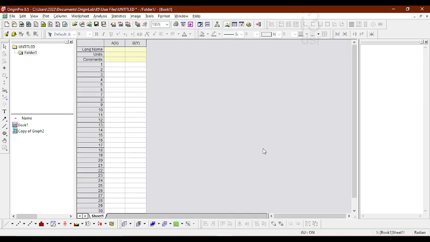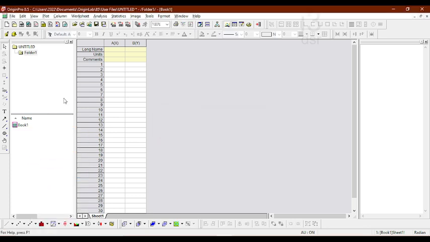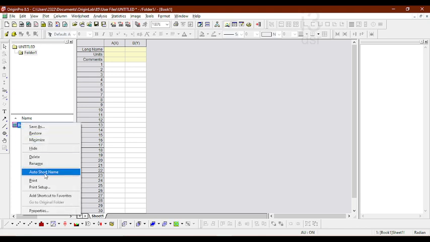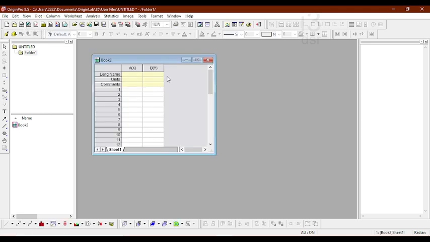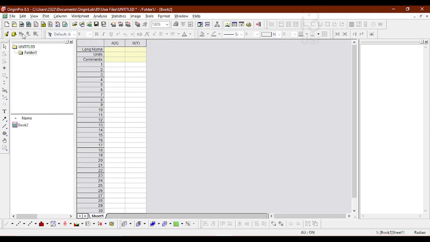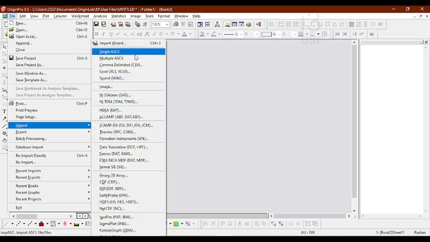So we have opened a new book. This is the look you get when you open a new book. I'm deleting all this. This is only a plain book, so we can just start from scratch. As I said, I'm creating a new book, and in the previous video I showed importing of a single ASCII,